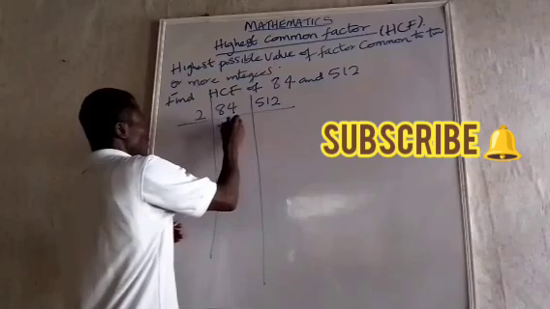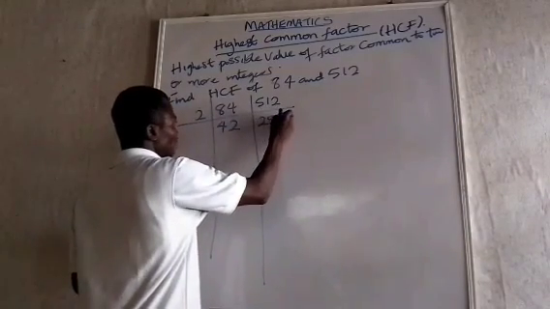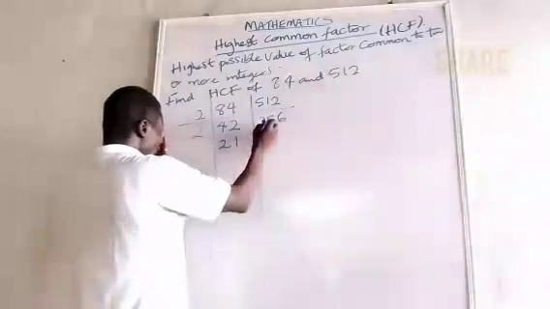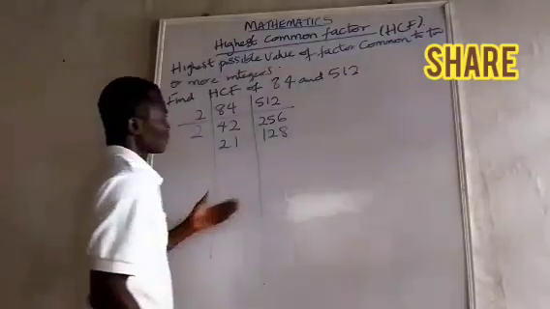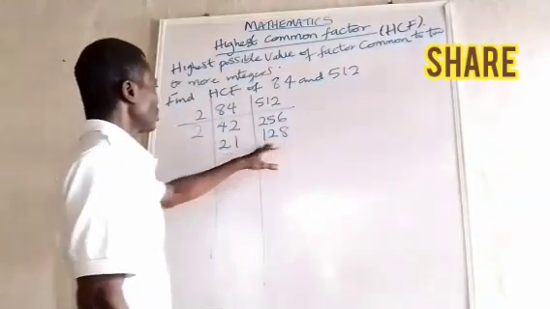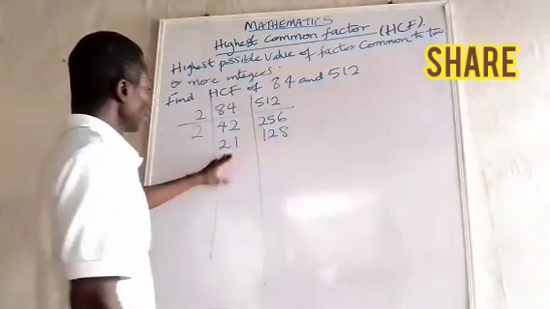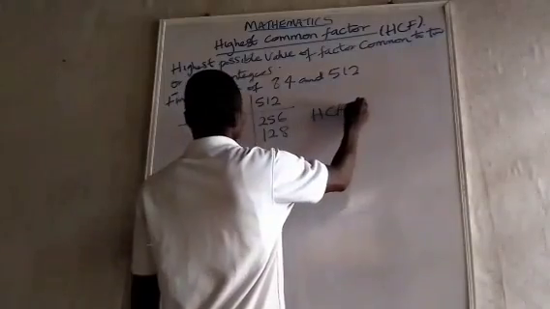This one gives us 42, and this one gives us 256. Let's divide by 2 again. I have 21 here, I have 128. 3 goes into 21, but 3 cannot go into 128. So the HCF is equal to